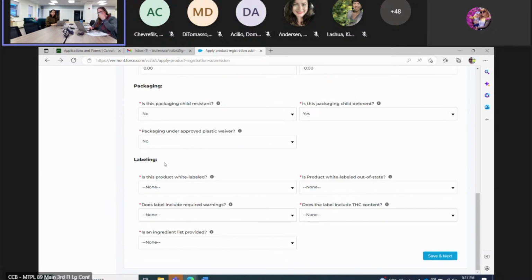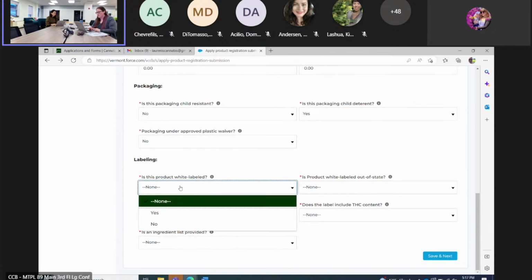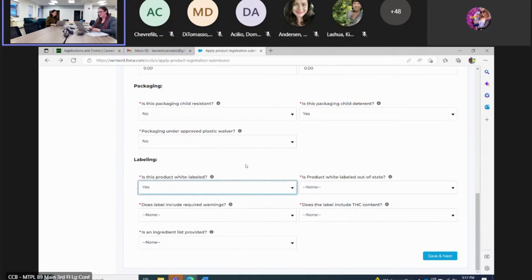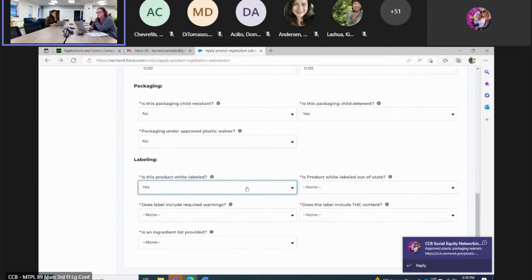And then there's some general labeling questions. Is this product white labeled? This is an interesting question because we know that there are retailers labeling flour. There are some manufacturers that are using their label or their brand for flour. I think this is a way for us to start building that web and that connection of all of our